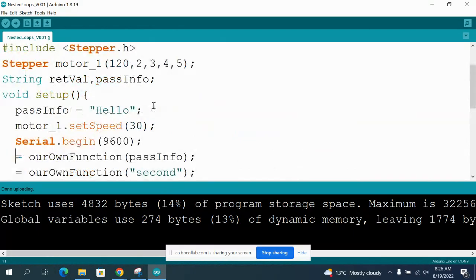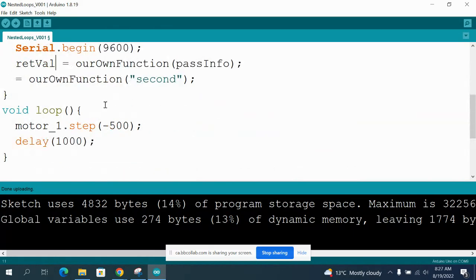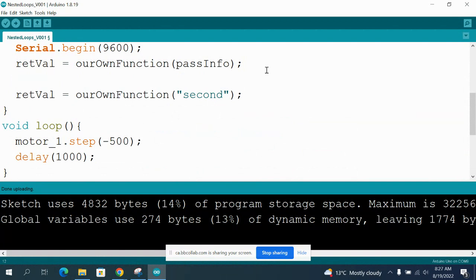Okay, but then we have to place it in some kind of variable. Now I have already made a variable. I'm calling it retval, which is short for return value. But we have to see that it was actually able to do that.